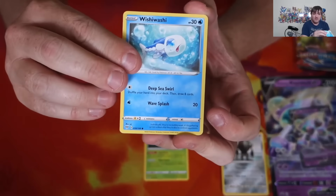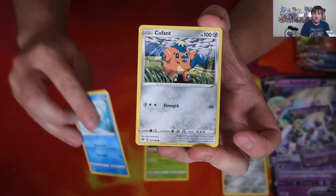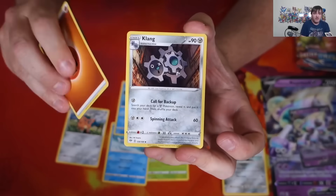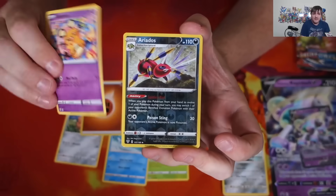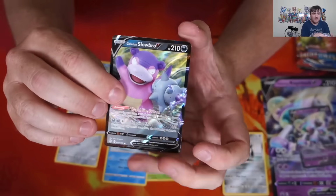So we got a Rowlet, Wishiwashi. I still love Wishiwashi as Shuffle Draw, incidentally. Shuffle Draw 8 is pretty good. A Cufant, a Sinistea, a Feebas, a Fighting Energy, a Klang, a Dartrix, a Dedenne, Reverse Holo Ariados, ooh, Galarian Slowbro